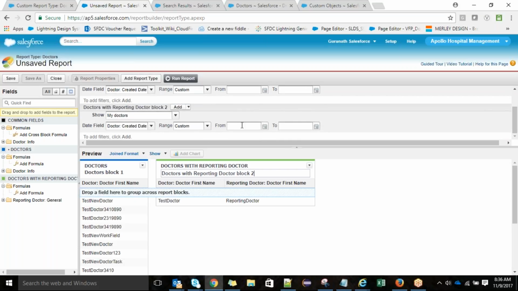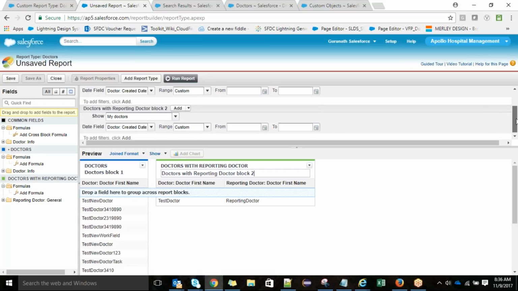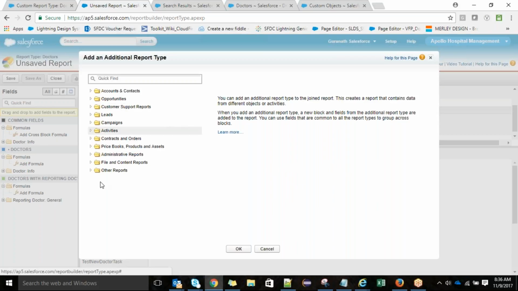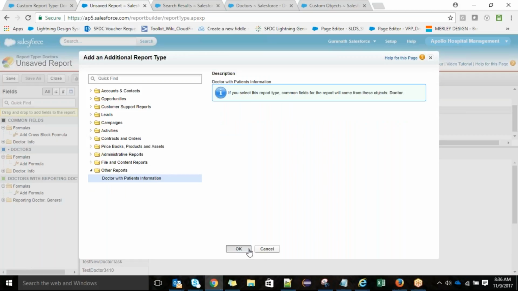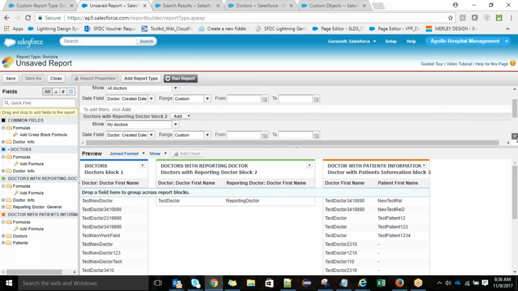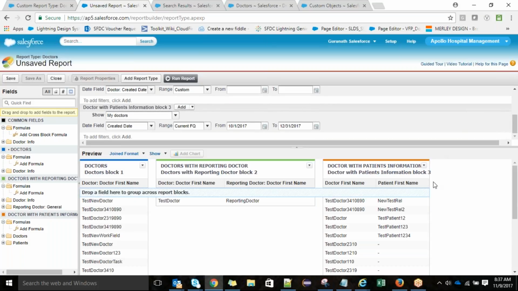So can we use two custom report types at a time for a joint report? Yes, you can use. If you have created one more custom one, yes, you can use. No problem. And you can apply the filter conditions individually. Say for example,